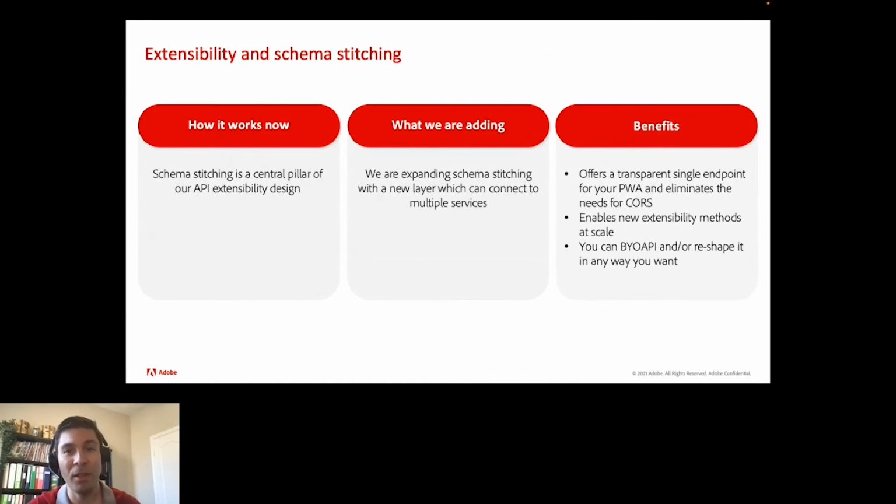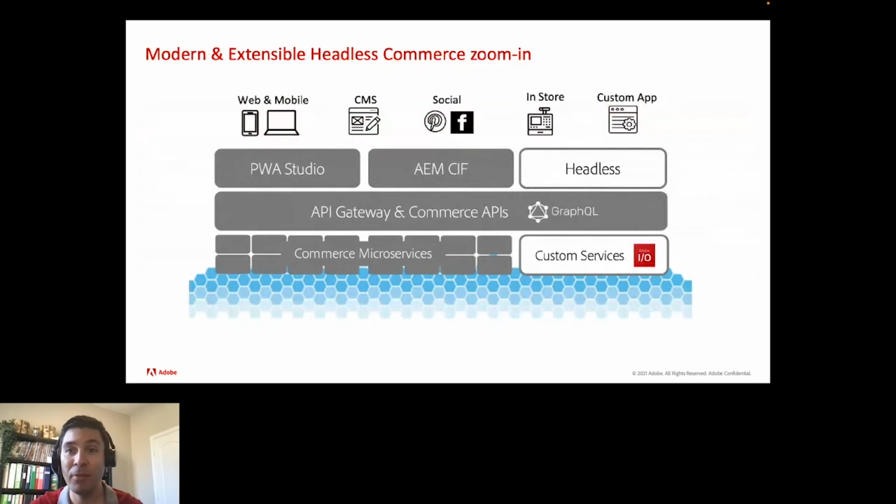One more powerful benefit that I will add to this is that you can bring your own API. You can stitch it together in a single API which your PWA interacts with, without the need for the core. And you can add existing APIs, let's say from Google or other vendors, but also create your own. Across 2022, we're continuing to evolve our platform and maintain its flexibility while accelerating the features that allow innovation and reducing overall total cost of ownership. This is the goal for this platform.